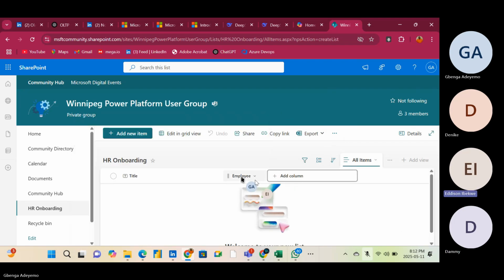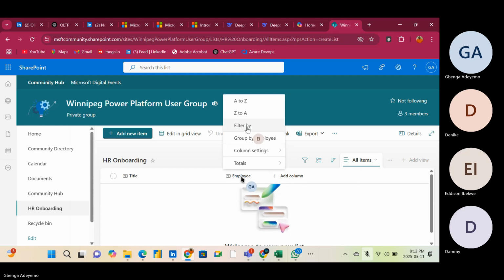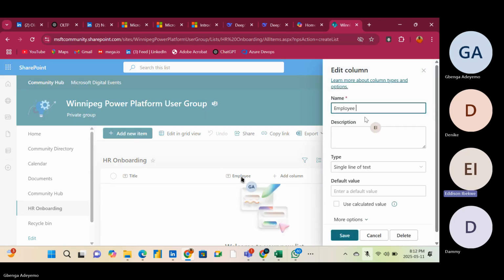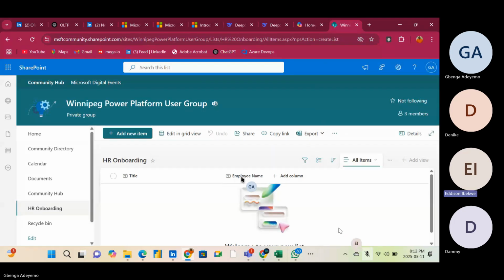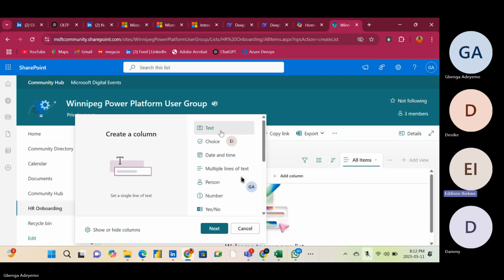And that should be employee name. And then we'll go over to the next one. Let me say another text, and then this will be